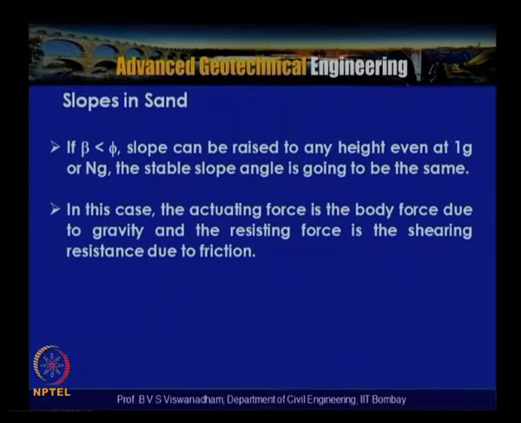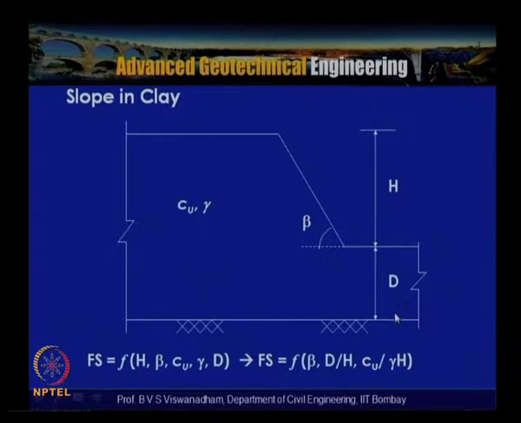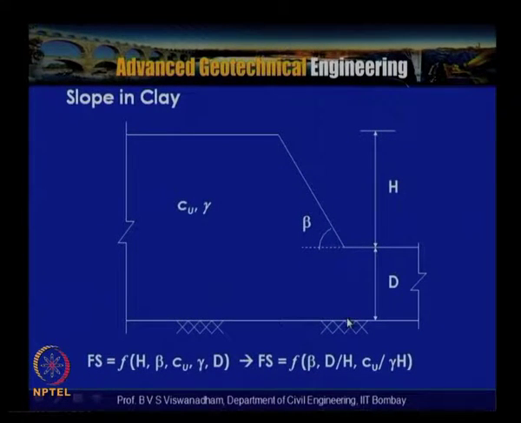So let us see the introduction to slopes in clay, particularly with undrained analysis given by Taylor's stability chart. Let us look into how it can be reduced for slopes in clay. So consider a slope in clay where we have got Cu and gamma as the soil parameters. Gamma is the unit weight of the soil. Here in this slide, d is indicated as the depth below the toe up to the firm layer, h is the height of the slope, and beta is the slope inclination.